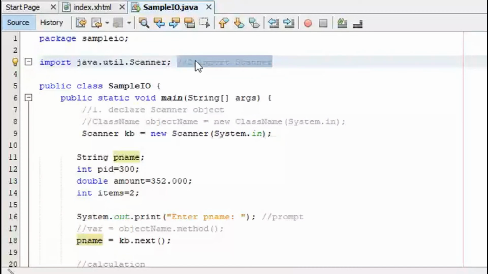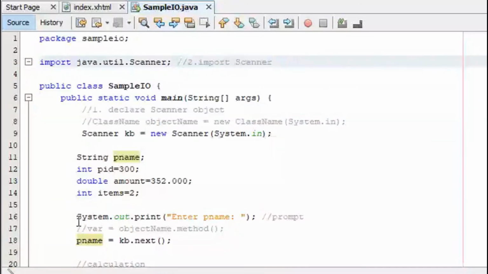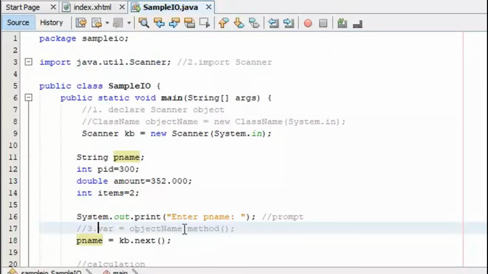Okay, so this is step number two. This is to import the scanner class. Step one, declare the scanner object. Step two, import the scanner class. And then step three, what is your step three? Your step three is the input method itself. What is our step three?